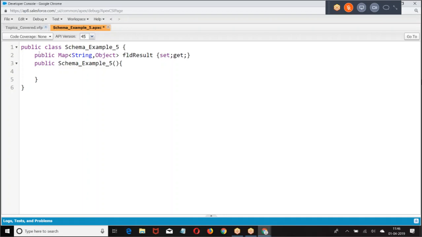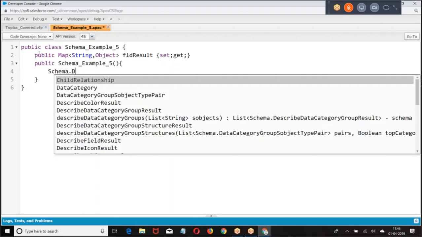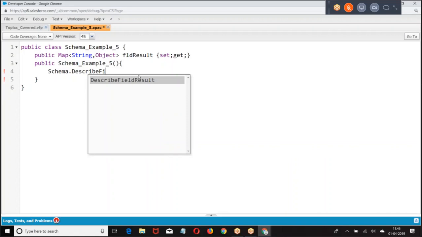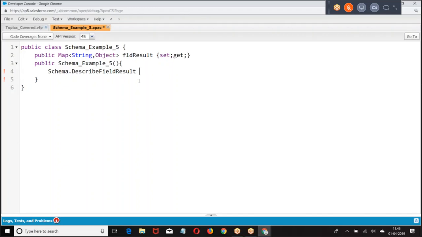Here I'm going to take Schema.DescribeSObjectResult, which is for getting the result of an object. DescribeFieldResult is to get the result of a field. SObjectResult will give you the object result. FieldResult will give you the field result.